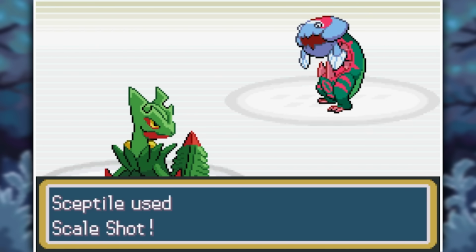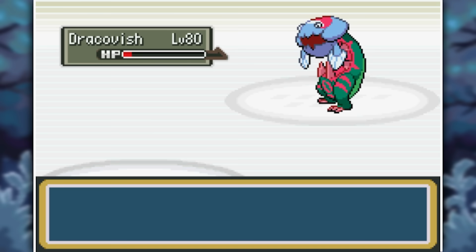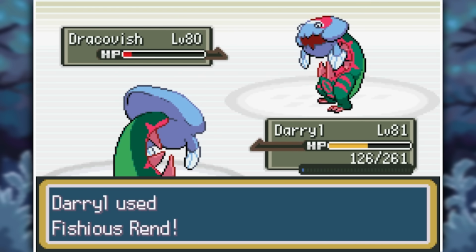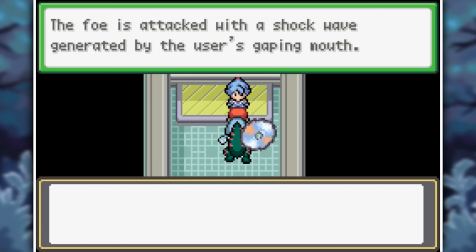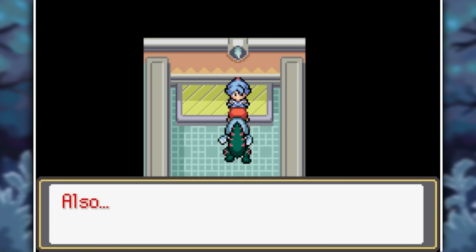I then counter back by bringing out my own Dracovish, taking it out with Fish's Rend, and gaining my 8th gym badge. This also gives me the ability to teach Draco Meteor to my Pokemon from her, so that's something I'll definitely be utilizing. But first we have 2 more rival battles to take on, starting out with Wolfrick, who